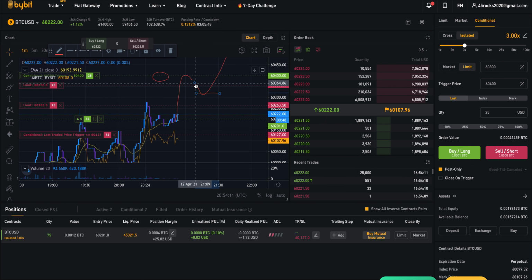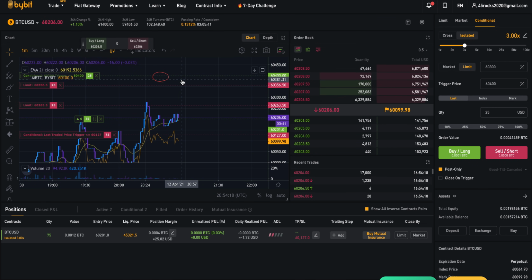Okay, so there's a lot of different things you can do with conditional orders, but when it comes to taking partial profits, you don't need a conditional order. You can use a conditional order to take profits as well, where you set up a conditional sell order. Let's say if price comes up to 60,300, I will want to sell 25% of my position. I would make the trigger price 60,300, and then I would make the actual limit price 60,299,